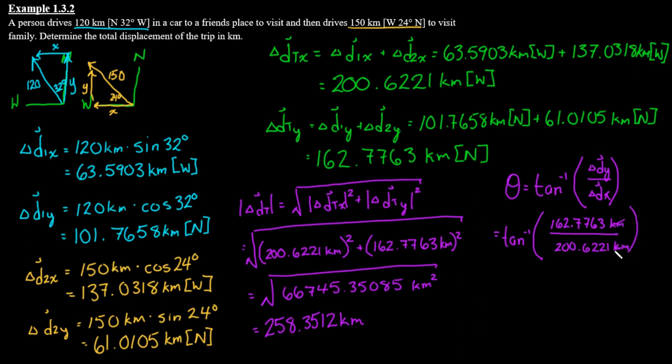Okay, your kilometers cancel out, leaving you with just a value. So when we type that into our calculator, we get an answer of 39.05 degrees. Okay, so the nice thing is because that is less than 45, we don't have to worry about